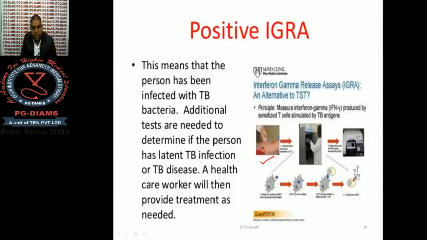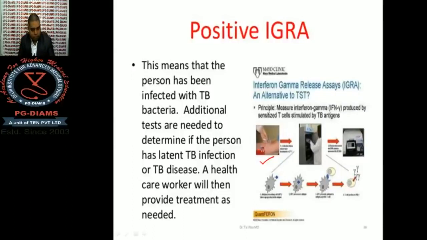So what happens in the IGRA test? Patient blood sample is taken to detect whether there are antibodies of TB present in the blood of the patient or not, and then this sample is mixed with antigen T cell complex that is already present in the lab. On reaction, interferon gamma is released, and this interferon gamma is then quantified to know about presence or absence of antibodies. This is interferon gamma release assay. Okay,